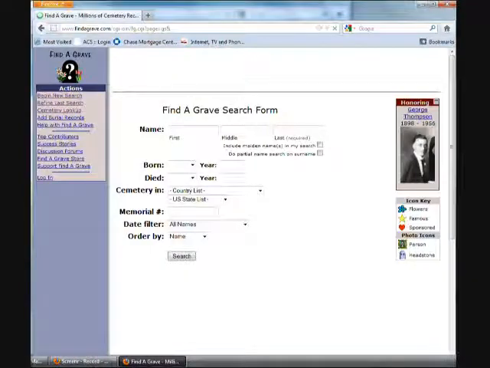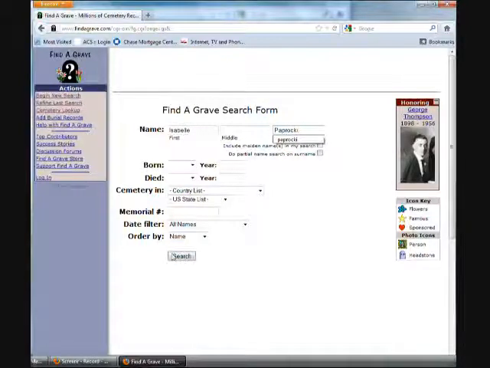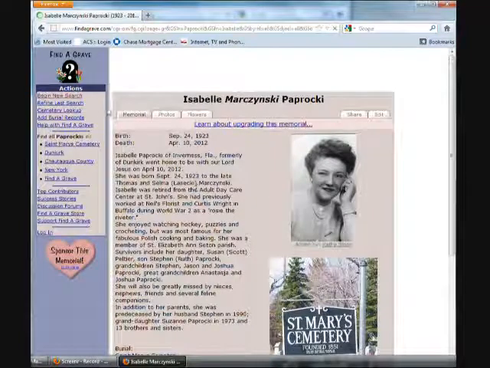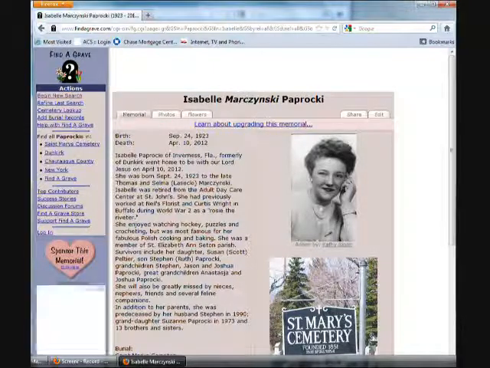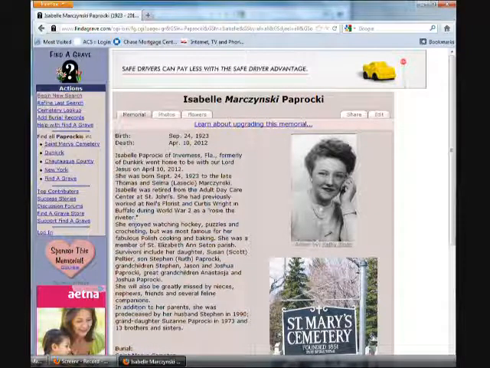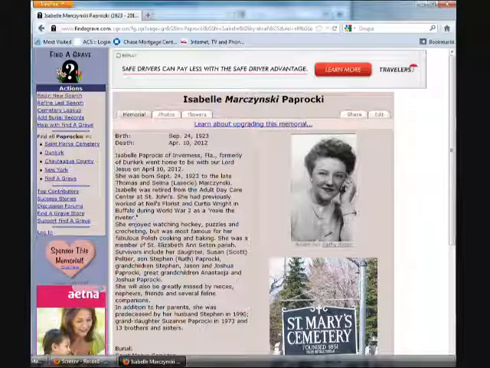This time I'm going to go ahead and use a different relative, my great Aunt Isabel. And you will see as we click search that there is actually more than one Isabel Propacki. However, I know this one here is her maiden name, Marcinski, so we are going to click on hers. And as you can see, there is no photo of a cemetery stone. However, there's a great deal of information listed here on her memorial. Most likely this is an obituary that was in the newspaper, and then someone uploaded a photograph of Aunt Izzy,